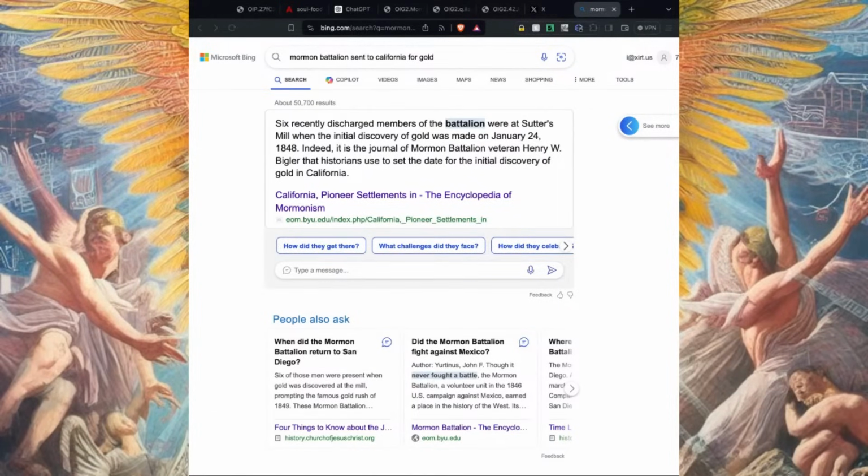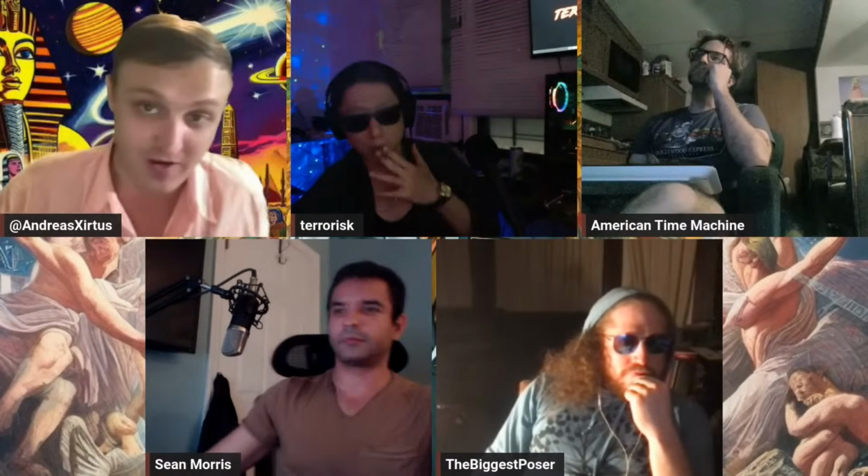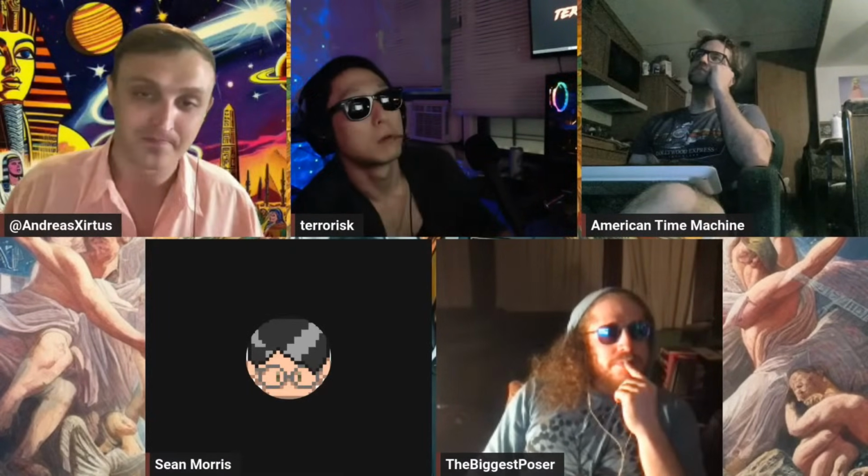The Mormon battalion sent tons of dudes down to find as much gold as they could find in California. And so the amount of people that ended up getting gold in the first few years, when you hear these stories, they do sound incredible. The idea that someone found a gold nugget larger than a Volkswagen, and that these are pure pieces of gold. But that's also led to, because we do see conspicuously pure gold,